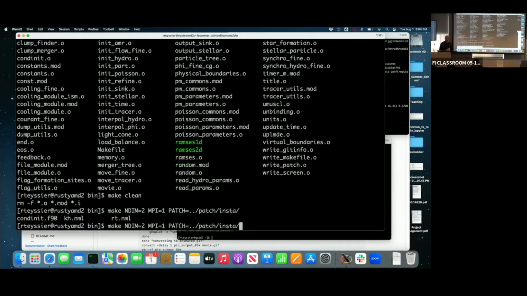version of the file. And so you just have to indicate the path of the patch, and the makefile, the compiler, will look first where this file is in your patch, and if it doesn't find it, it will use the default value. And you see here that we only modified one file in Ramses, but other patches are much